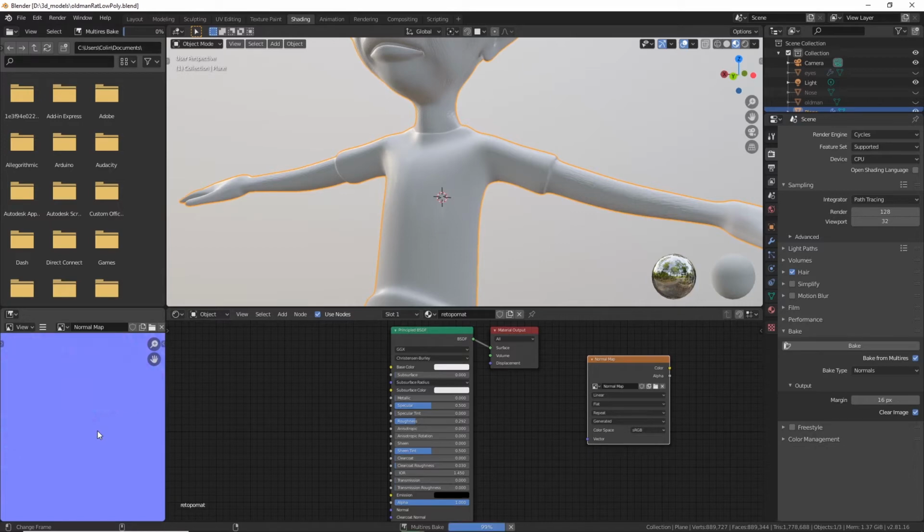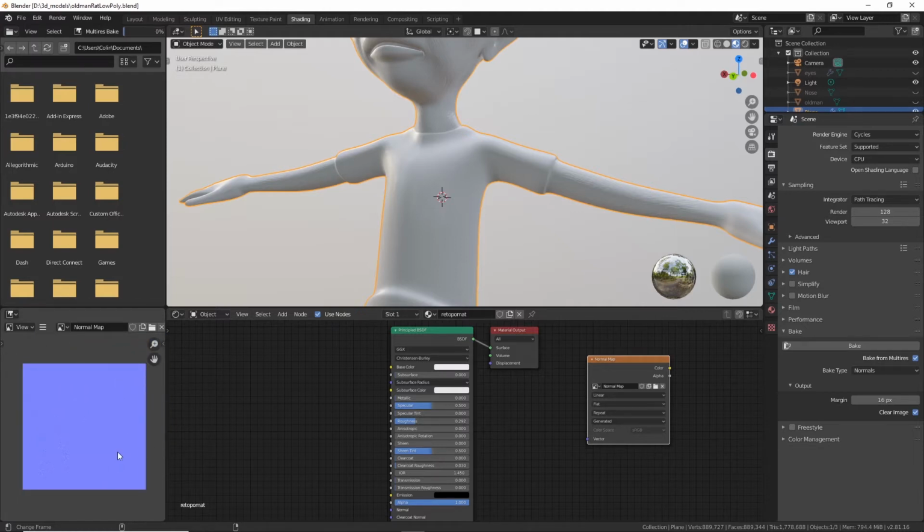It's slowly baking, but hopefully you can see it's going through and rendering as we go, baking the wrinkle maps. You can see it at least most in the face over here. So that's our normal map. Once that's baked,